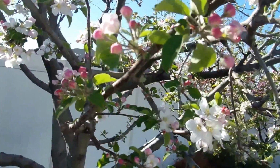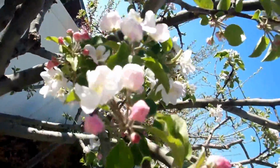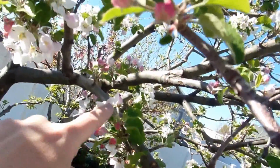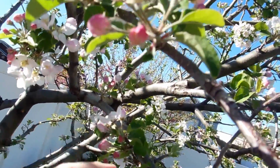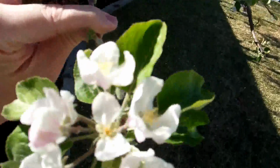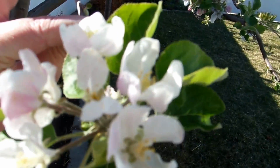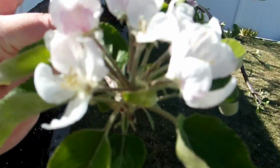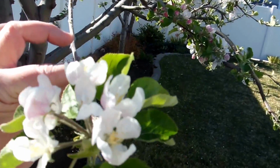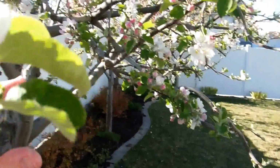And then, let's see, where's another one? There's some there. Over here you can see the bottom where this one's open and the others are starting to go still. And then eventually they all open and start to lose their pink and become white open flowers. And so this cluster will have 1, 2, 3, 4, 5, 6, 7. So this, if everything goes well, would have 7 apples trying to form, which is why it's crucial